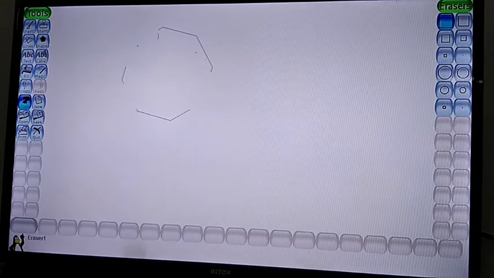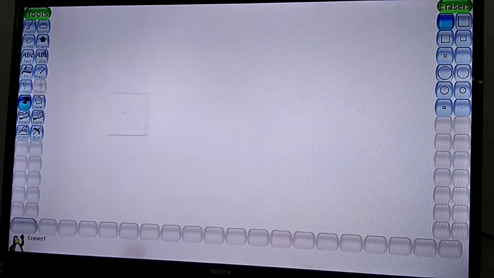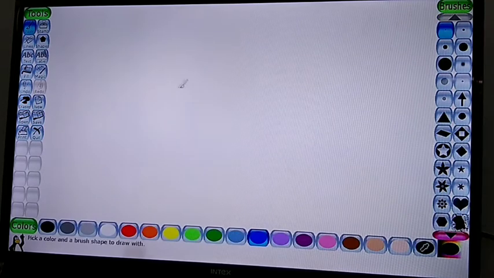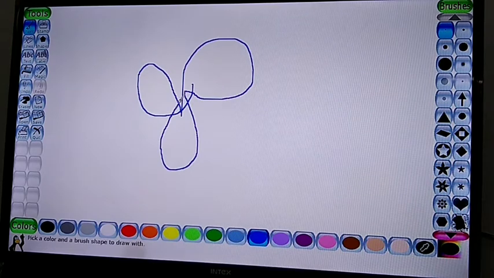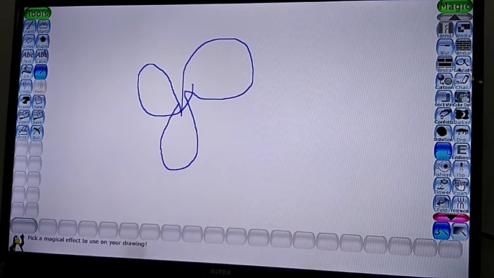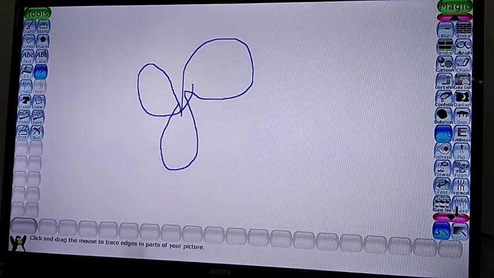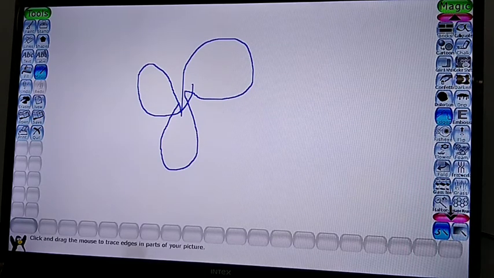Now click on eraser and you can erase. Okay, like this. Suppose I am drawing anything here like this. Like this I am drawing. Now I am filling this with color. Magic tool. In magic tool, one fill tool is there. Okay, you will get one fill tool in the magic tool.